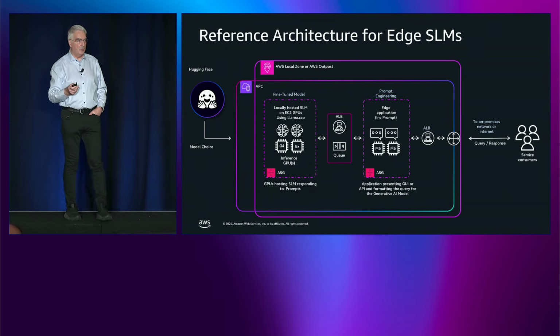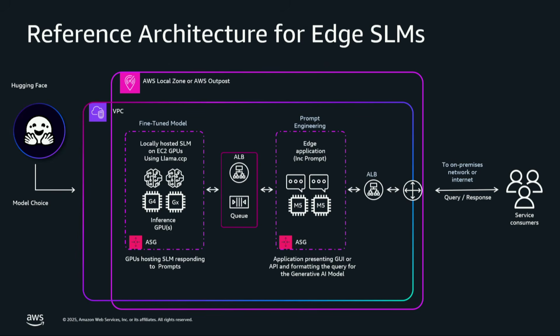So this is the architecture we'll be showing you. We've got 3 levels of this architecture. This is the one we're starting with at the moment. Starting on the right of the diagram, we have the users, where basically they present a prompt to the system. We have an application load balancer that load balances across a number of application servers. The application servers themselves are actually doing prompt engineering work, so they're taking the prompt, enriching it with a prompt template, and then if it's a real-time application, such as a chatbot, it goes through an ALB into the